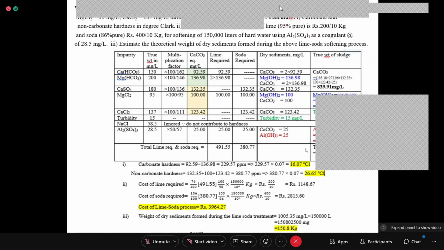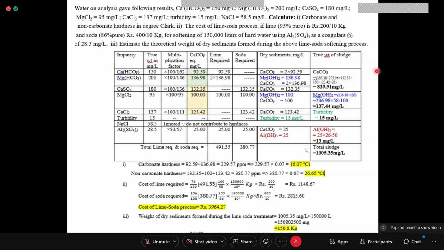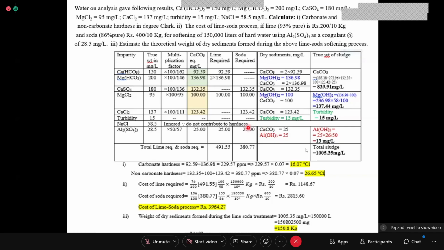Ma'am, what is the pattern of the paper? The type of question paper is 25 marks, and all are descriptive, you have to write in sentence form. So there is no MCQ in the sessional paper. Okay, ma'am. When will be the Viva, ma'am?